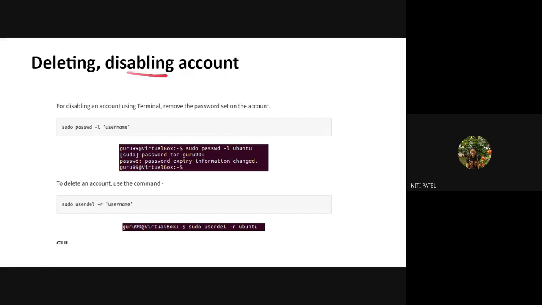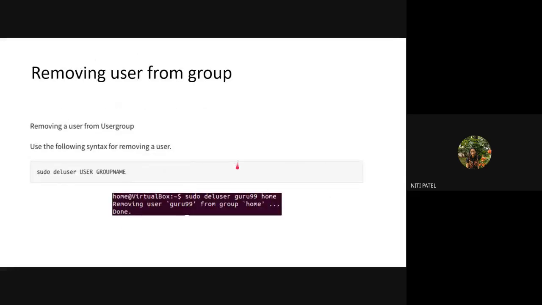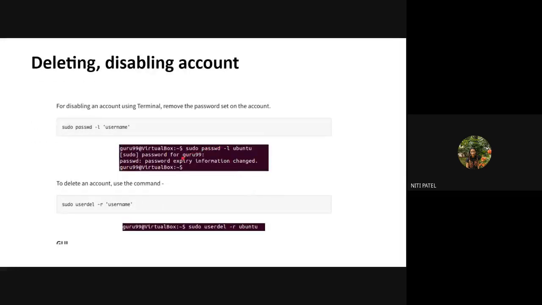So how do we disable this? We disable it with the help of the password. So how do we do that? sudo passwd -l username. So when I write sudo passwd -l Ubuntu, what is this Ubuntu? It is the name of a user. Okay. So if you don't want to confuse, we'll keep the username the same, Guru99. So when I say sudo passwd -l Guru99, it will ask you for the password. That is, you type the password that you have set, suppose ABC@123.